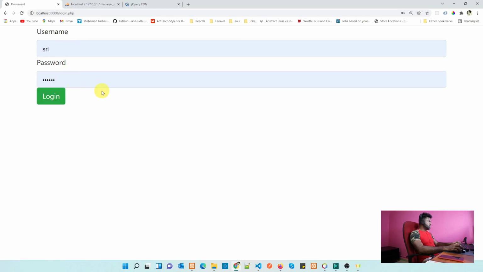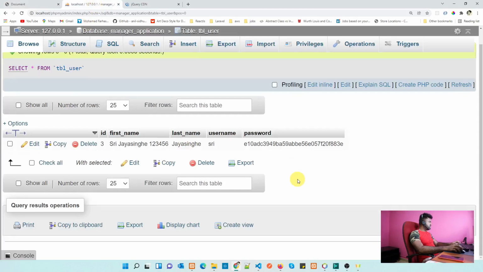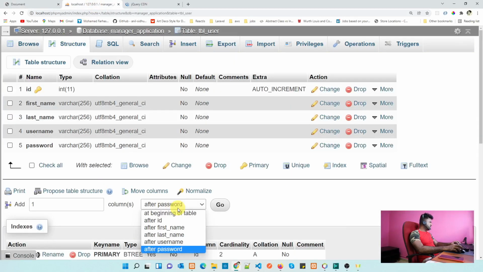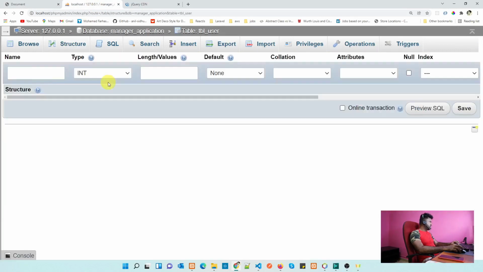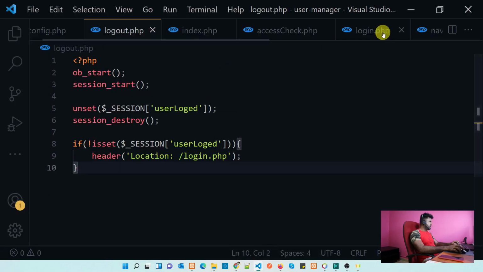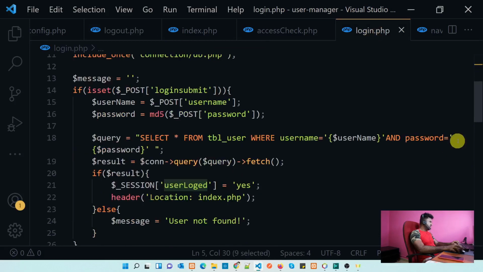That means here only admin users can log in, and here we need to have a table column called type, because we need to identify admin users and normal users. For that we need the table column. Let's add that as well. Let's add the type as 5 characters. Within this type we can add the user type, that means is this user an admin user or not. Then we can say like this: and type equal